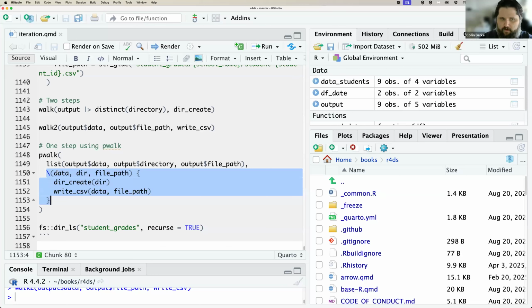But just as a shorthand, I decided just to do an anonymous function. I have to give it some arguments. So this one right here is data. This one is called directory, and this one is called file path. And now what I can do is, inside the scope of this anonymous function, I can start referring to these